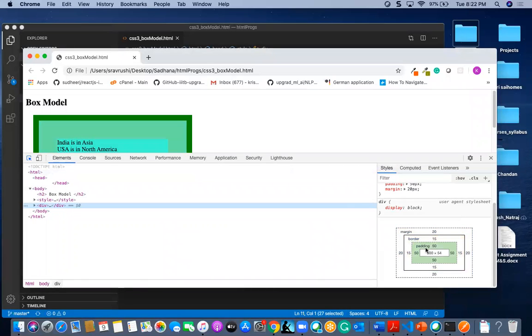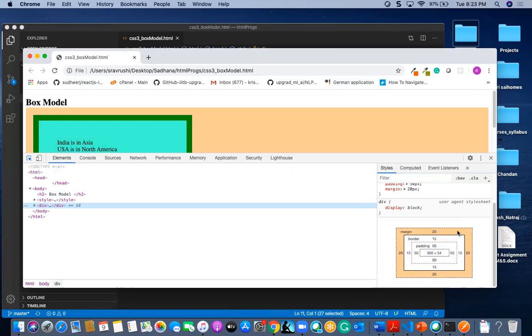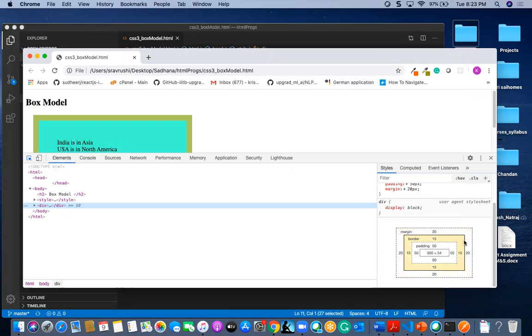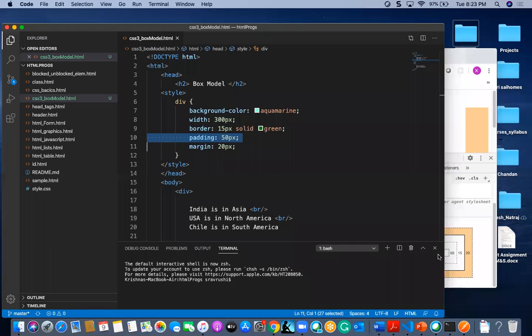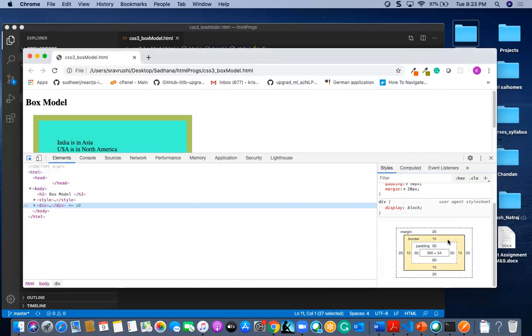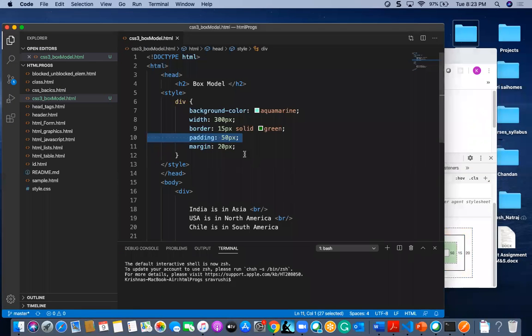I have padding area as 50 pixel on left, right, top and bottom, and here also left, right, top and bottom. If we give padding equal to 50 pixel in general, then it will add the 50 pixel to all sides.